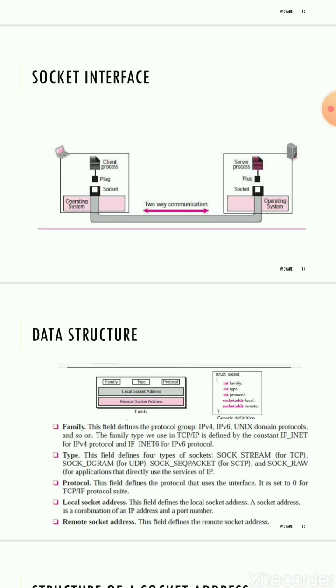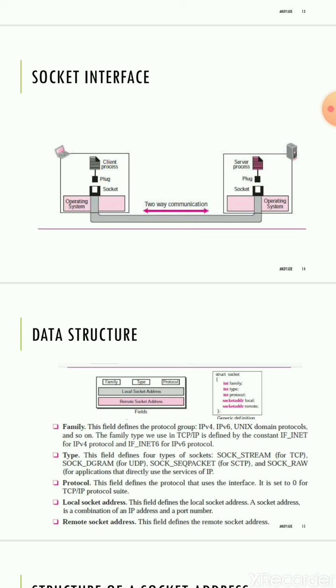Several interfaces have been designed for common communication. Three common ones are the socket interface, the TLI (transport layer interface), and the stream interface. The socket interface is a combination of IP address and port number. Although a network programmer needs to be familiar with all these interfaces, we discuss the socket interface briefly in this chapter, and in detail later.